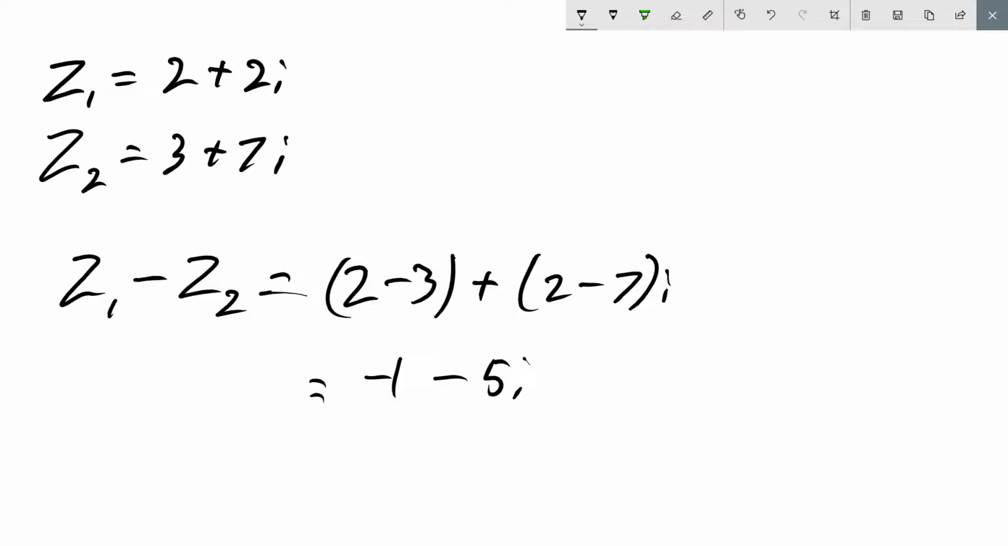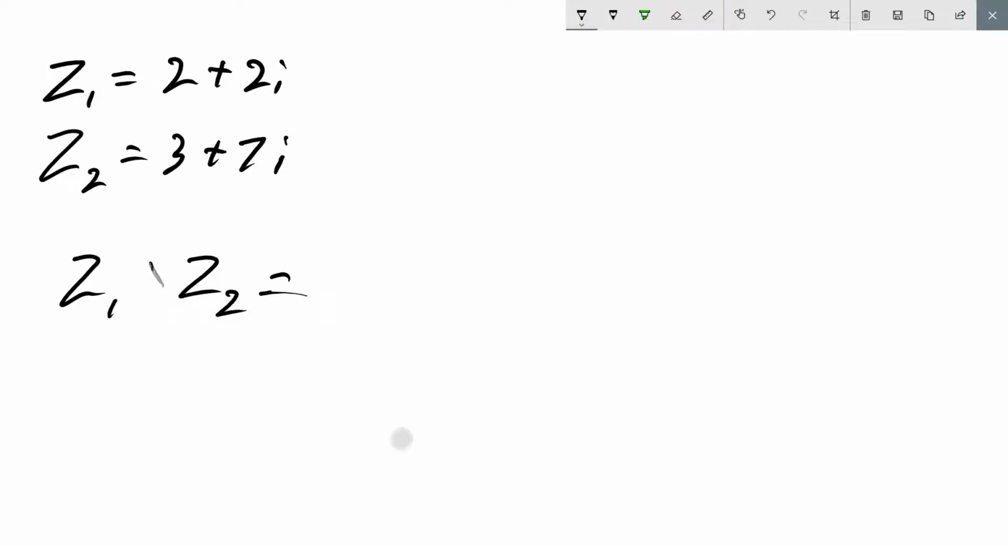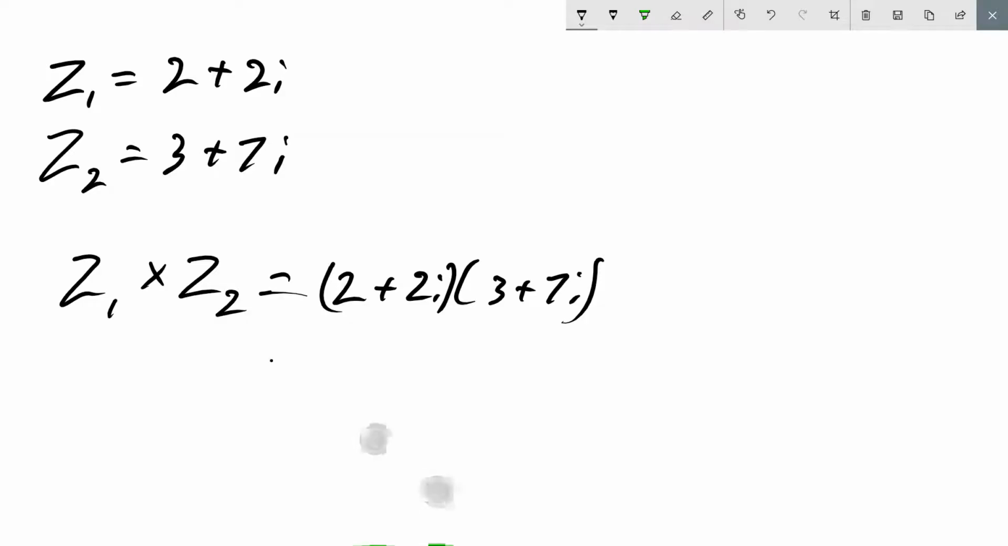So you can see that addition and subtraction is just collecting like terms, and you don't have to think about it too much. So now that we've done addition and subtraction, let's do some multiplication and division. So again, with our z1 and z2, I'm going to now multiply these two together. So z1, 2 plus 2i, lots of 3 plus 7i, and we can just treat this as a quadratic and just expand. So we can use our FOIL